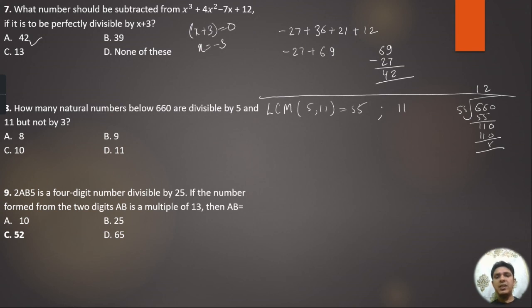So students, now let us take the LCM of 5, 11 and 3. When taking the LCM of 5, 11 and 3, the number we will get is 165, right? 165. And now check the quotient when dividing 660 by 165. So when dividing this, how much will we get? 4.